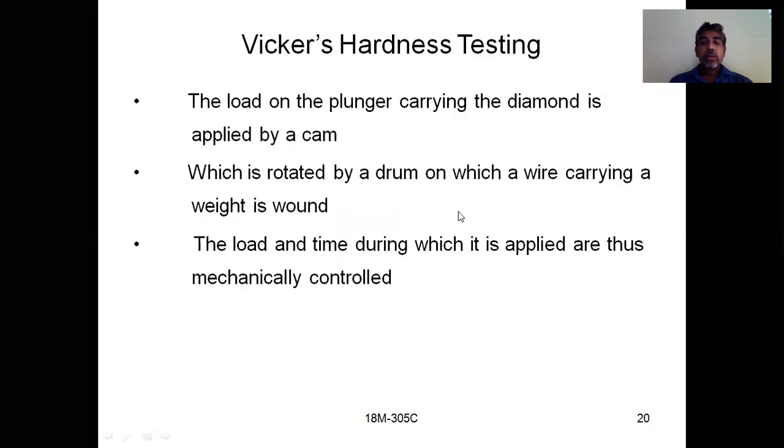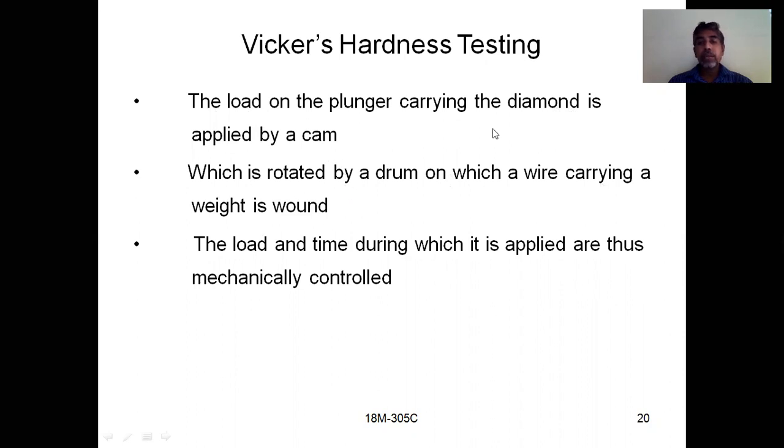How is the load applied in the Vickers hardness test? The load on the plunger carrying the diamond is applied by a cam, which is rotated by a drum on which a wire carrying a weight W is wound.